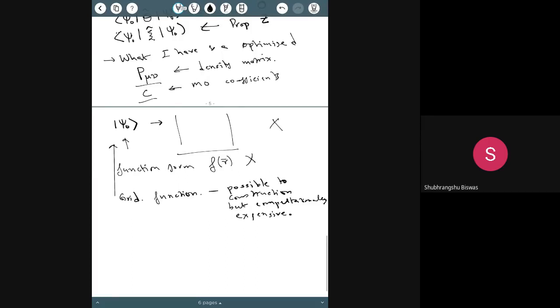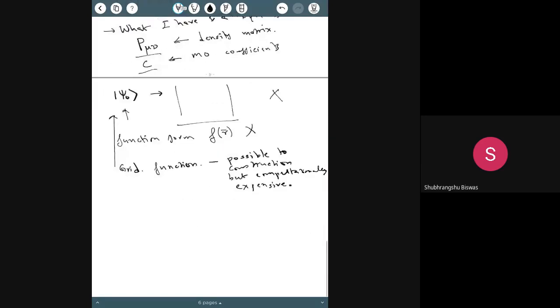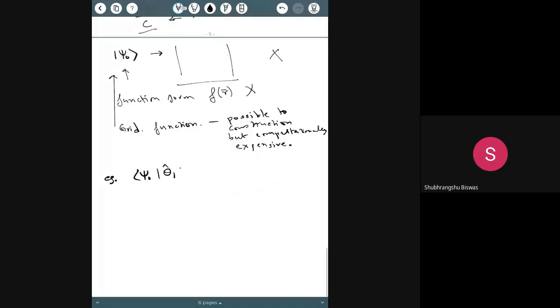So let's see why. Let's say I have a 1 electron operator, theta 1. So let's say I want to do theta 1 psi 0. This is a 1 electron operator. Okay. Then I have Slater's rules. So what does Slater's rule tell me? Slater's rule tells me that